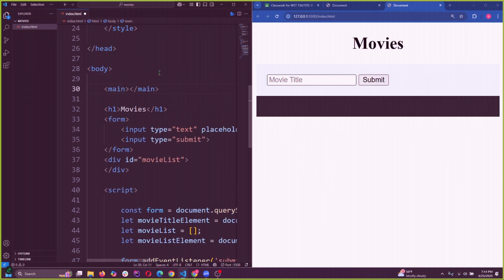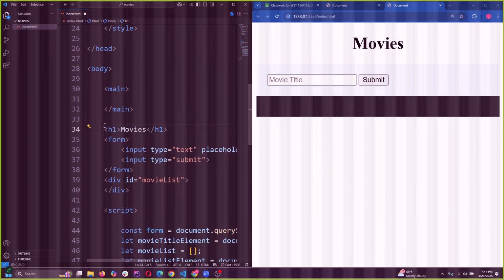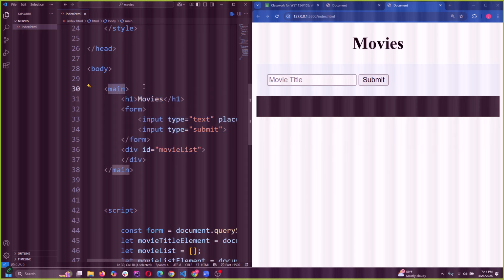Let's call it main. Main is an HTML element. It's built in, so not just making it up, but it's basically a div. No difference between main and div. It's specifically supposed to be for your main content, just for organizing it and for semantic purposes. It's better to use the actual name. Okay, and then for that main,